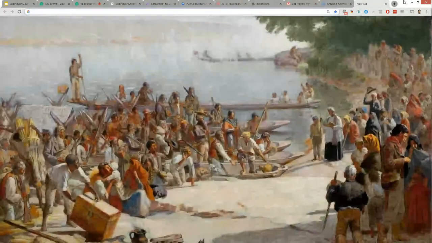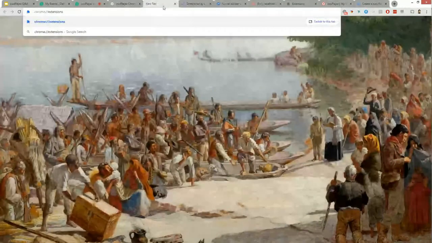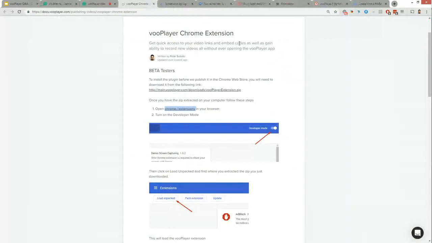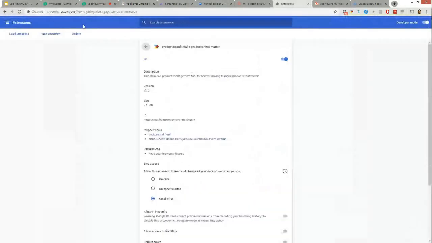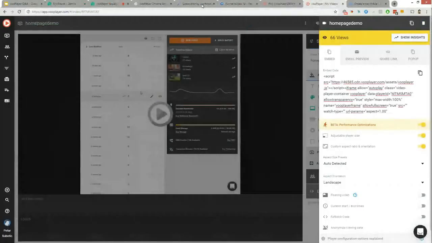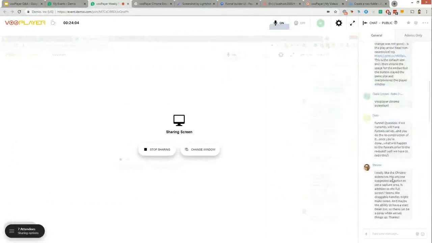But you can just copy and paste it, and that's going to open up the extensions page in Chrome. You can also just right click on any of the extensions and click on manage extensions. That's going to bring you to the Chrome extensions page as well. So hopefully that addresses that point.